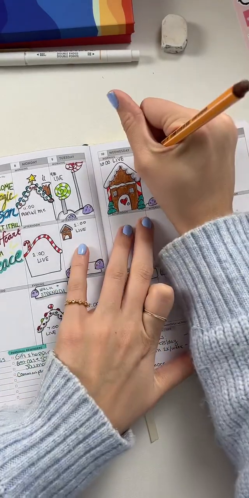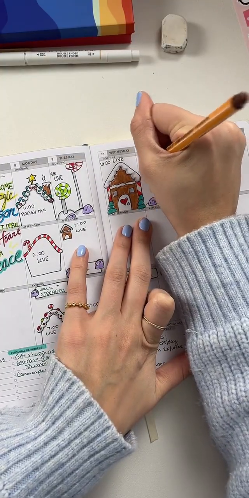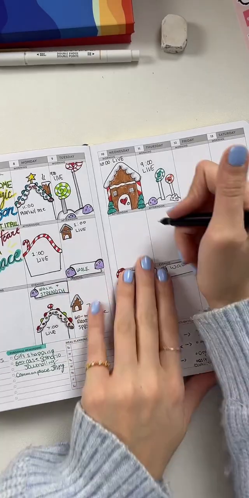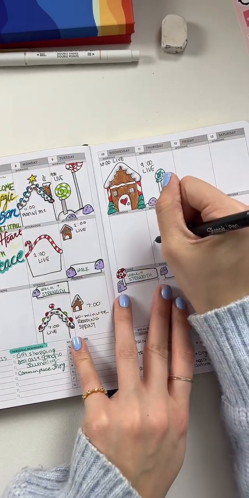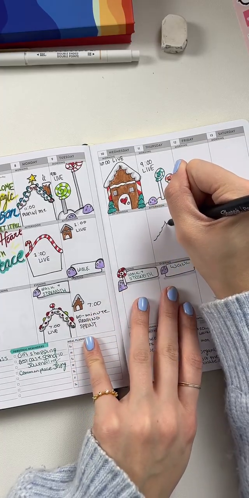This one's going to be 9 o'clock. Here we're going to do a gingerbread house. But a little bit more of like the first one because I think that one came out the best. Probably because I did it in pencil.